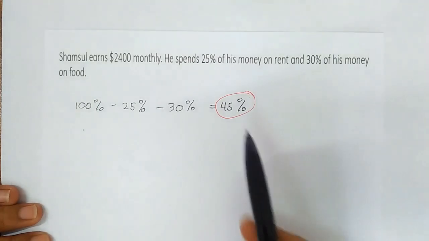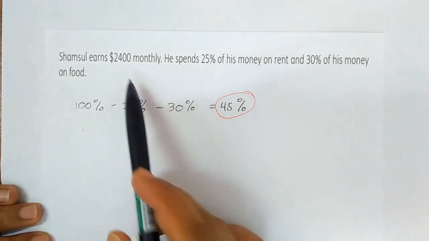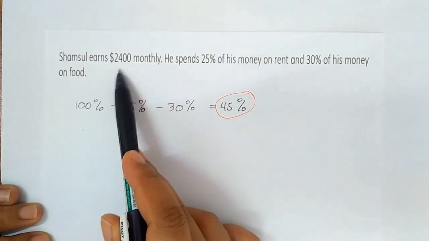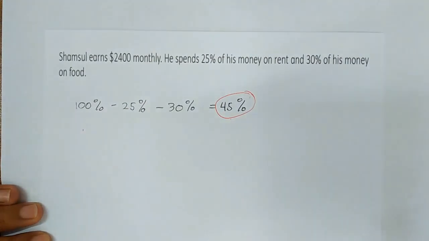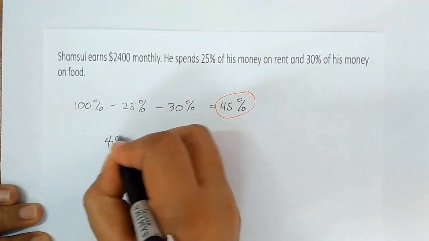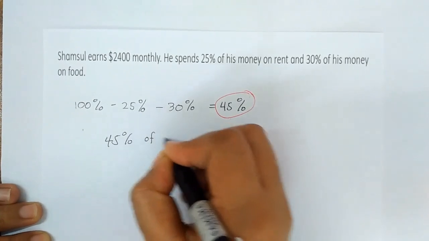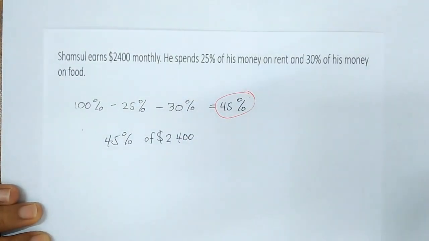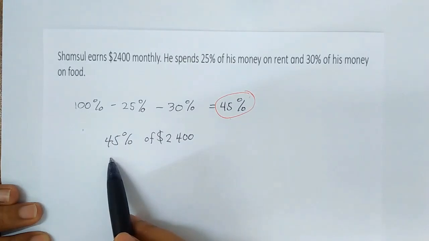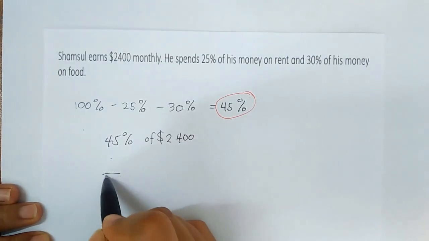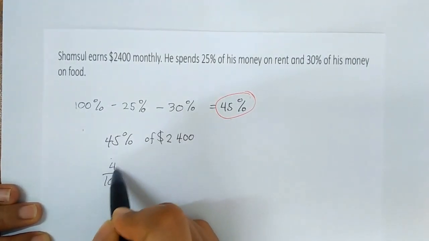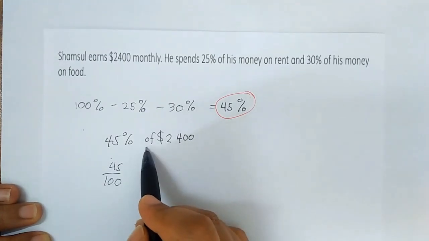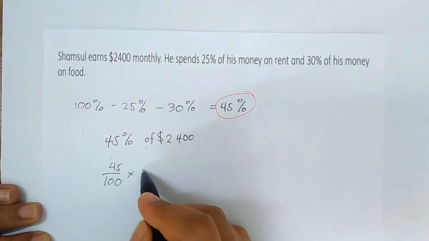We're going to find the 45% of $2,400. So what we're going to do, 45% of $2,400. So 45%, just make the denominator over 100, and it means we're going to multiply